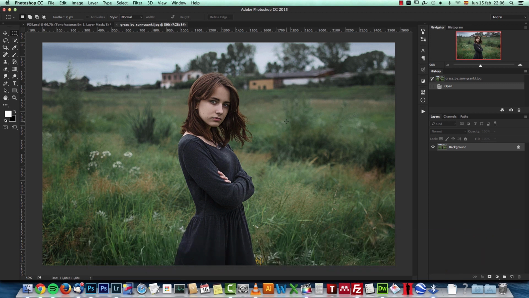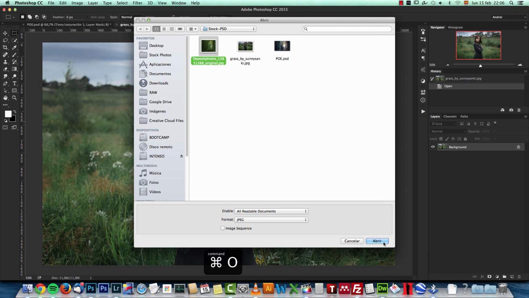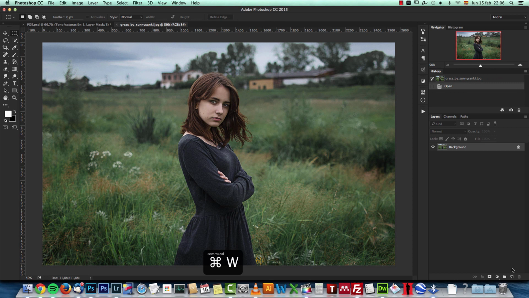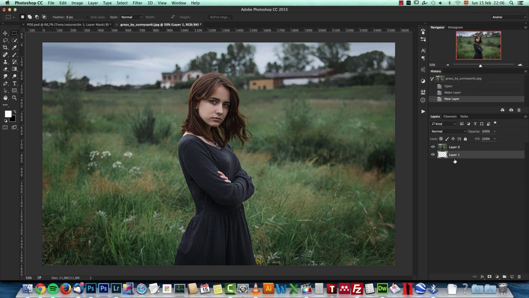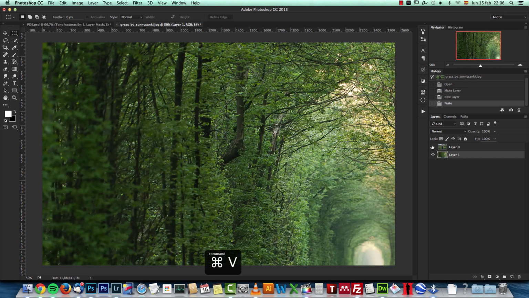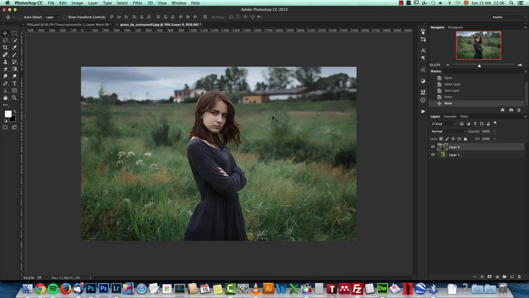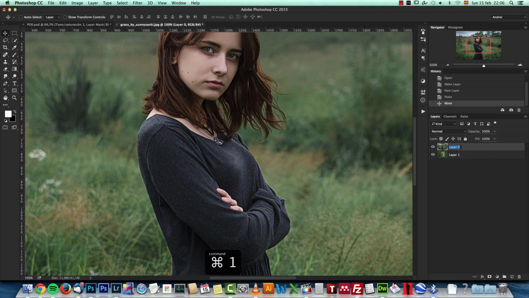So before I do that, I want to add the background to my image right away, because after you mask the woman, after you delete the background, you will be able to judge the selection on the hair a lot better if you have another background there. So in order to unlock the background, I'll alt double click the background, and now I'll control click the new layer icon and press Ctrl Command V to paste this image here. I will not change the size of it yet until I'm done cropping the woman. So let's rename this to woman, and this other one to background,